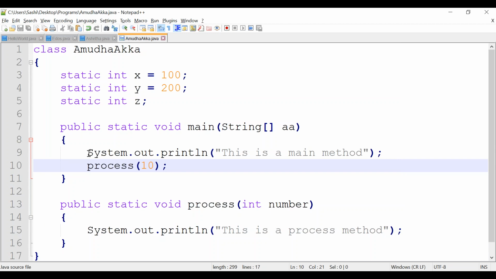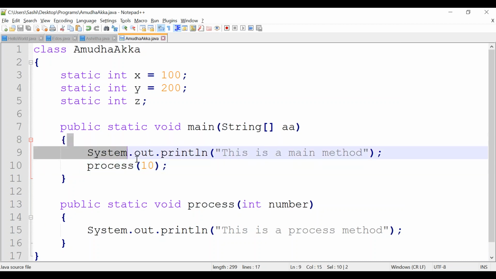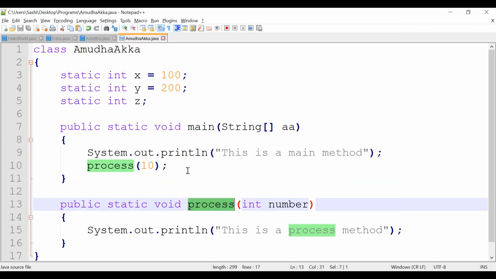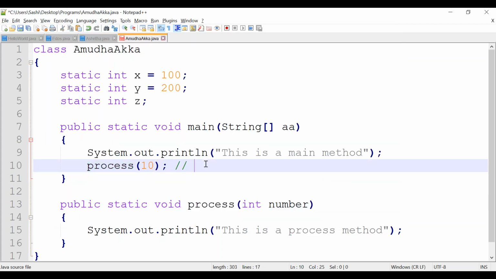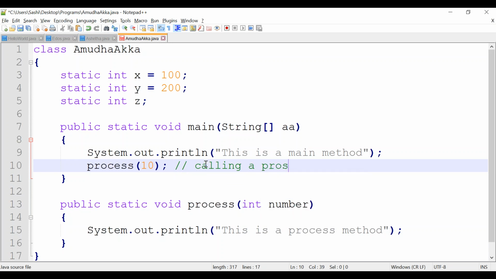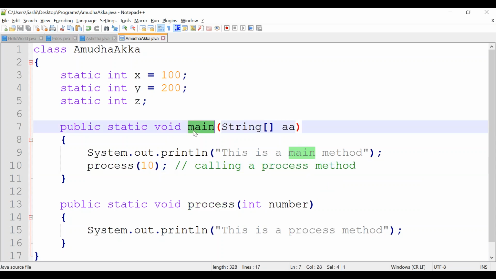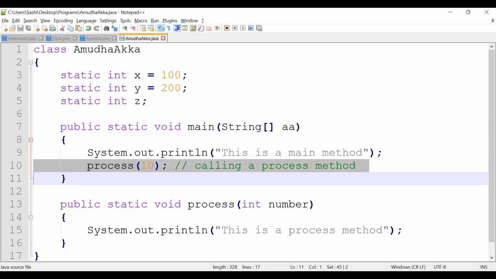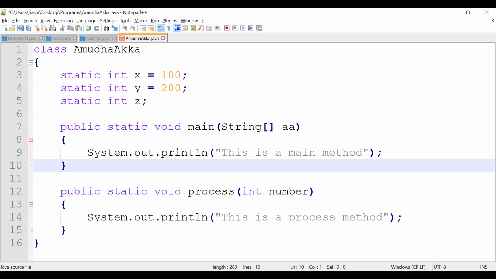JVM called the main method, that's why execution started, and we are the ones calling the process method. See here where we are making the call. So I am just trying to say that if you declare any method we need to call it, but the main method we need not call. The main method will be called by JVM.